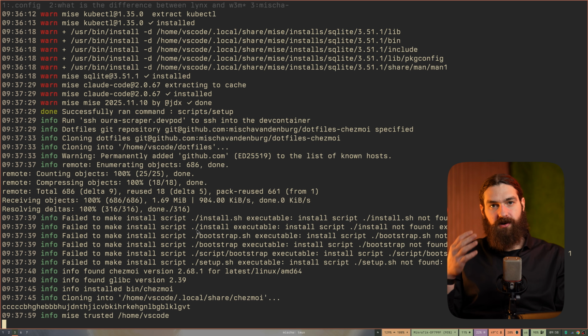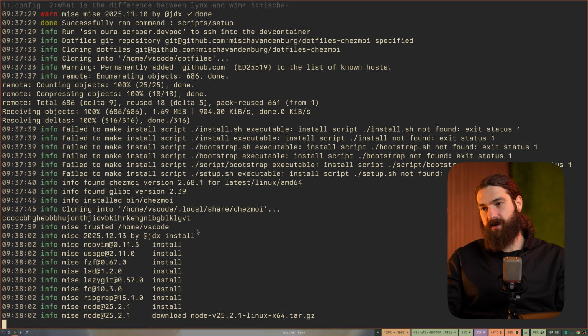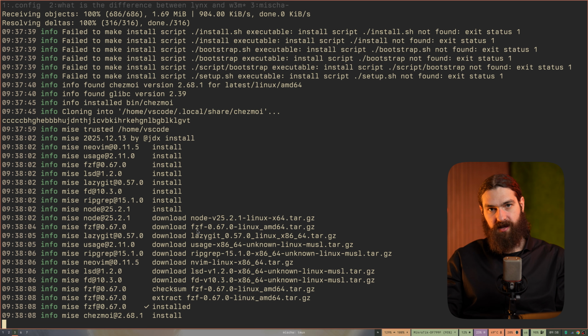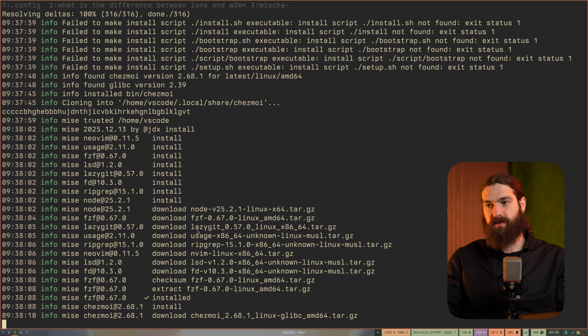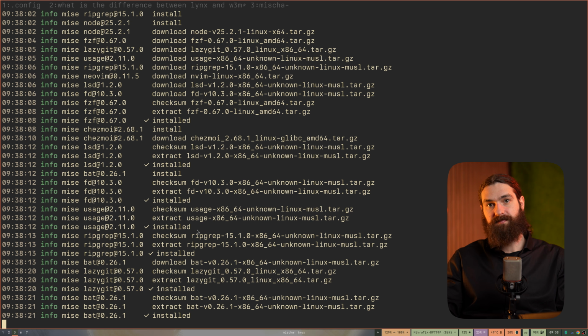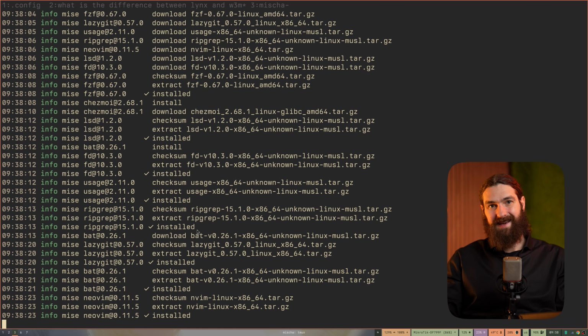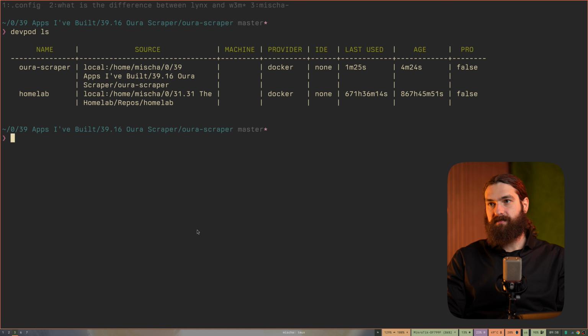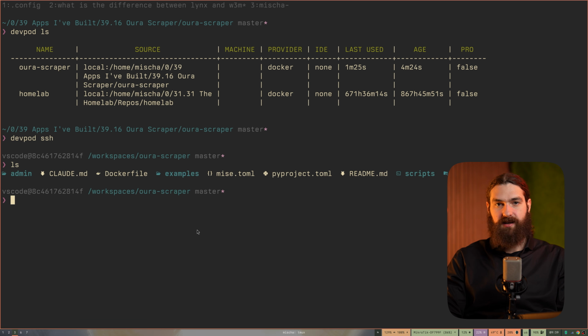So now it has installed all of the packages that are defined in the repo, and now it's going to clone my dot files and install everything that I need to have in every single system that I work. So any environment where I am going to be seriously developing is going to take all of these packages, and then it's going to install Neovim, LazyVim, and configure it just as I like it. And now if I do devpod ls, then we see that my Aura scraper container is ready. So if I then devpod ssh into my Aura scraper,